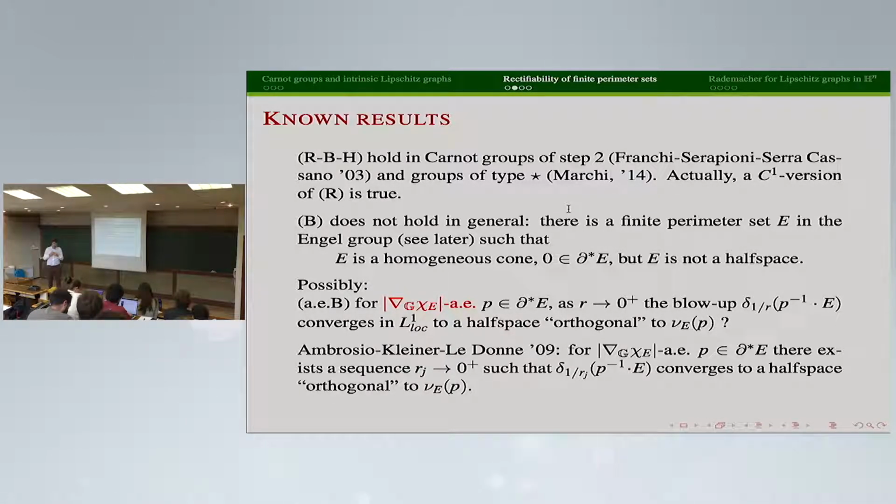But this is true only at some selected scales. So the full problem, convergence of the blow-ups, is open. Okay. So we cannot guarantee that the blow-up is unique. If it were unique, we would be done because we have a sequence where we have convergence to half